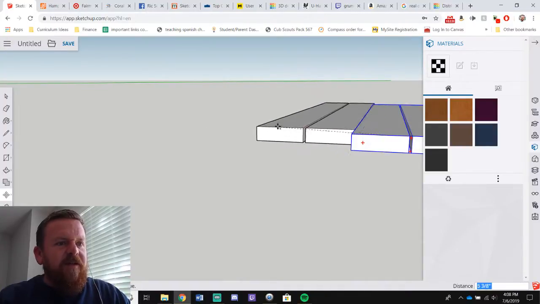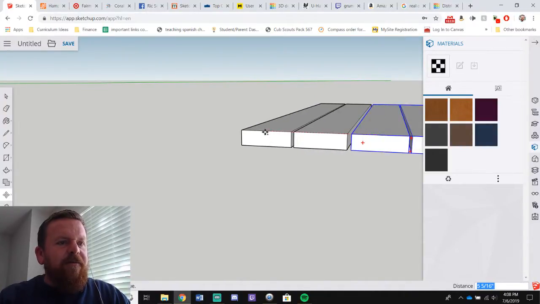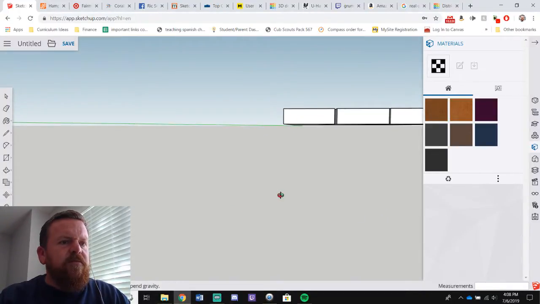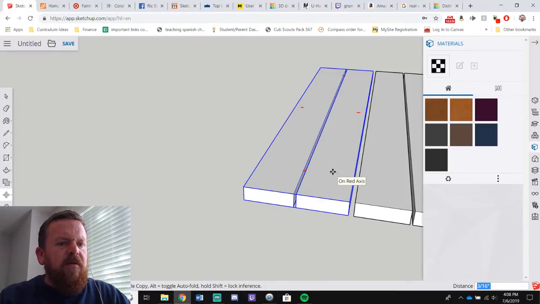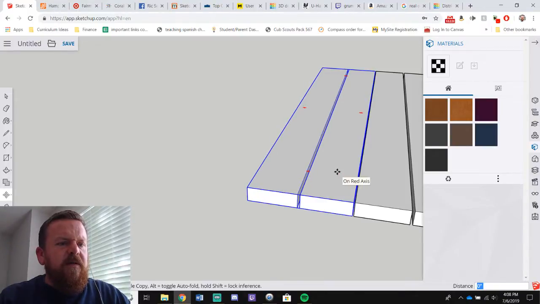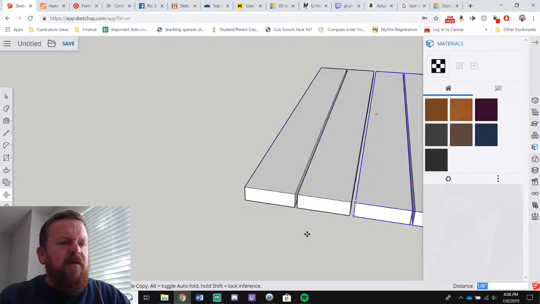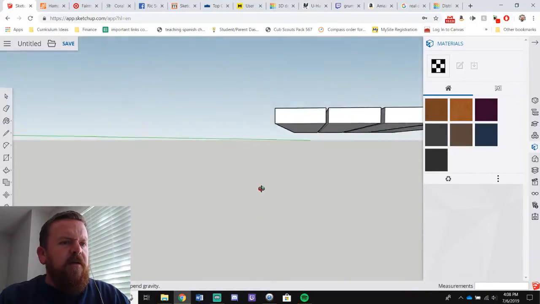Control C, Control V. Yeah, there. Okay, and then. It's not the same distance. Okay, what did I say it was? 1/16? 1/8. Right?